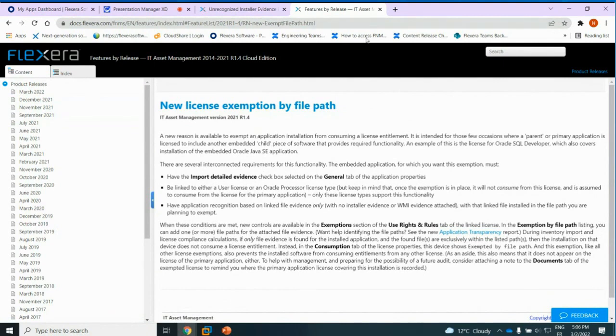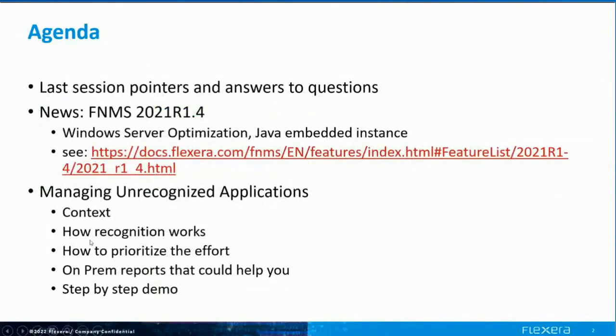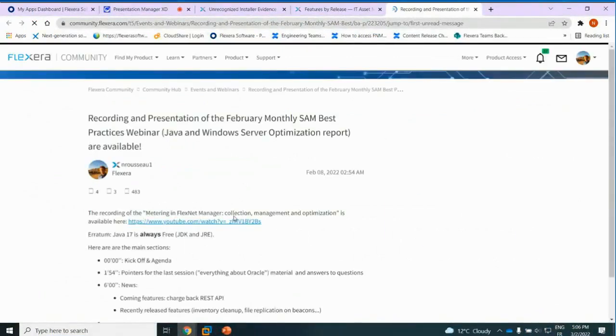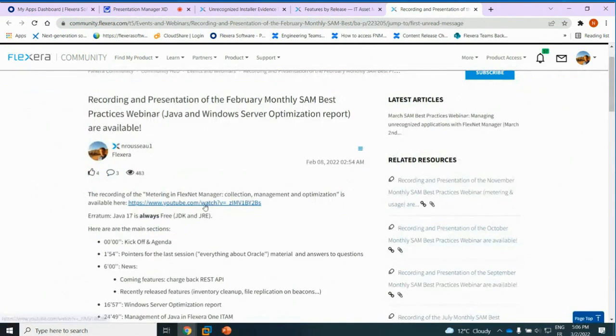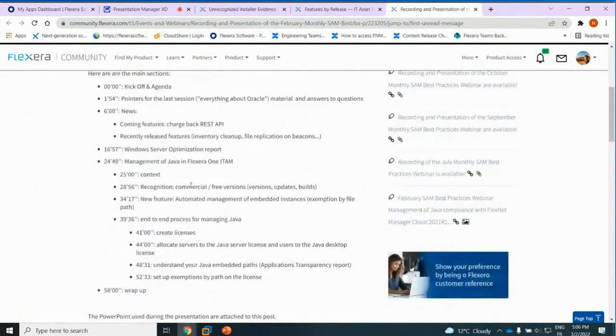Okay, so that's about the news, and let's move back to the presentation, and let's focus on the next step, which is the useful pointers. The last session was around Windows Server optimization and Java, and if you click on this link, you will get access to the recording. A recording that is in a YouTube video, and you will also get access to the detailed